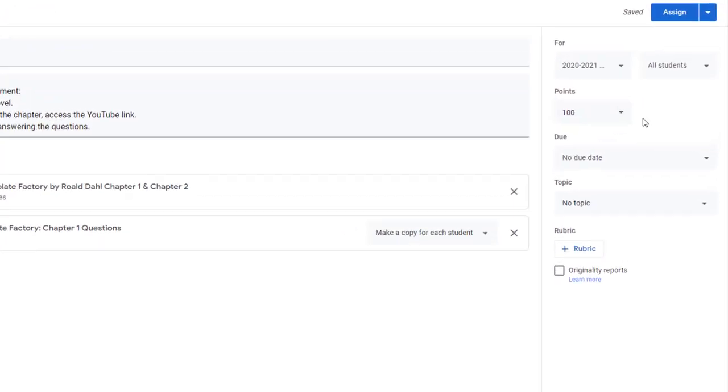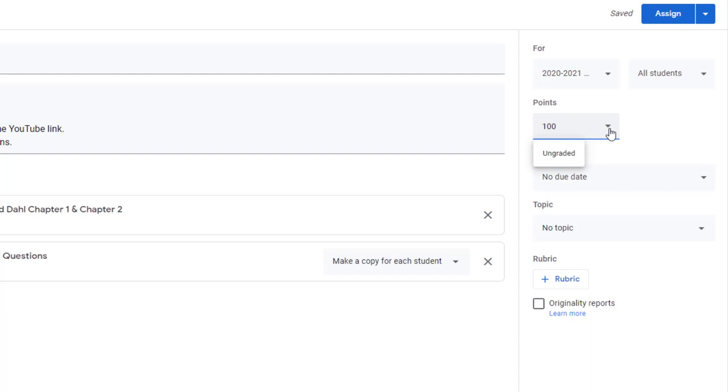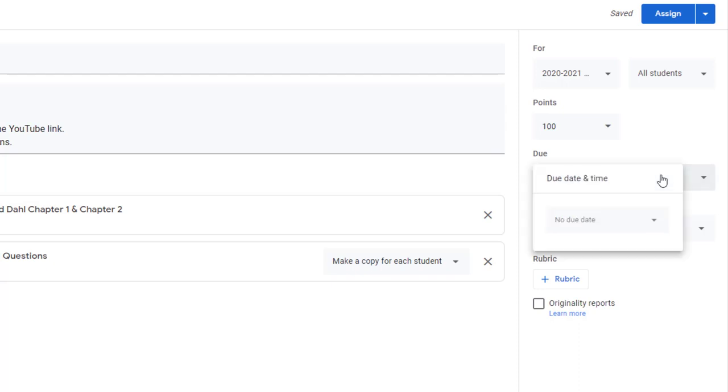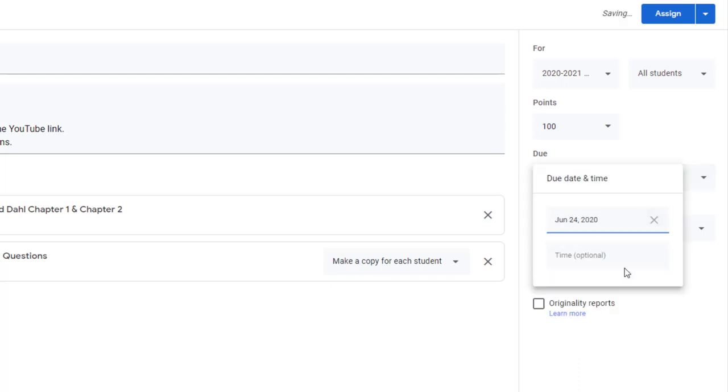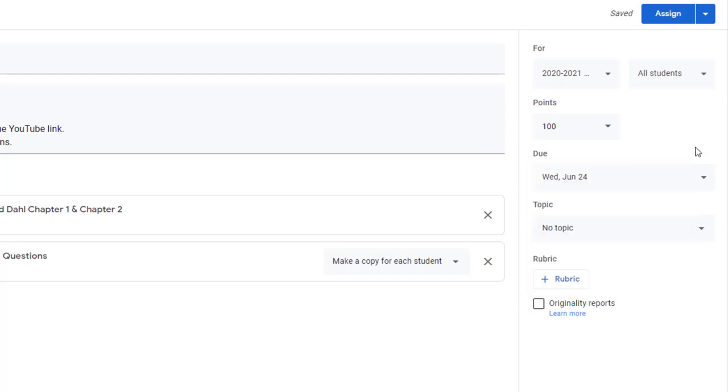Over on the right, I have the ability to decide if this assignment is going to be ungraded or receive a certain number of points, and choose a due date. So if I would like for this to be done by next Wednesday, I can put that in, as well as include a time. We'll talk about topics later, so I'm going to leave this for right now,